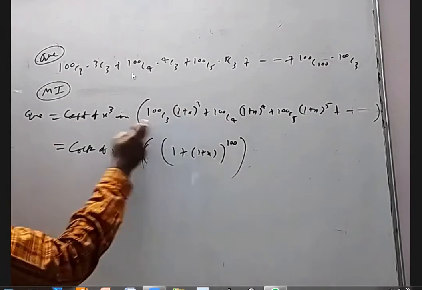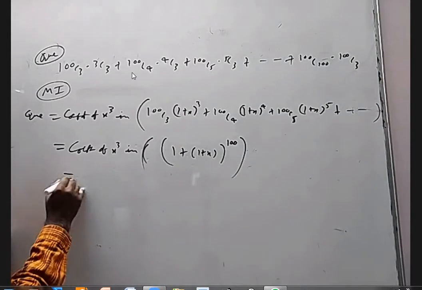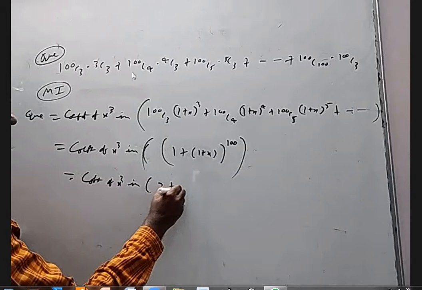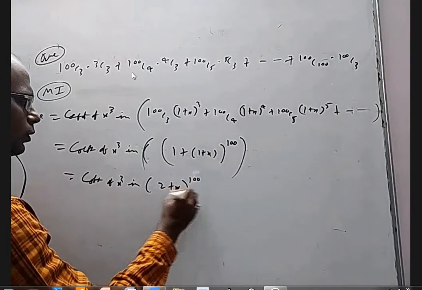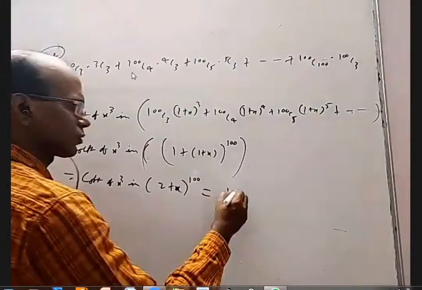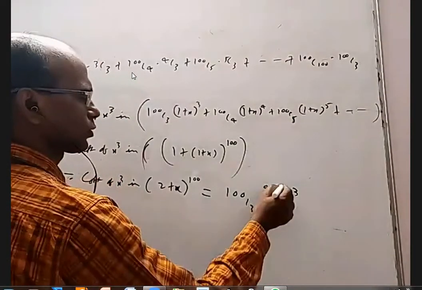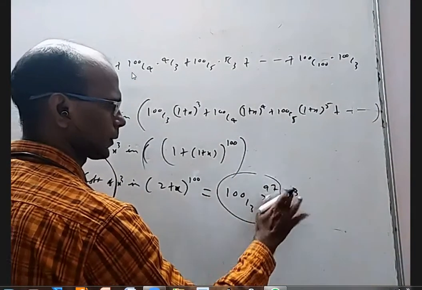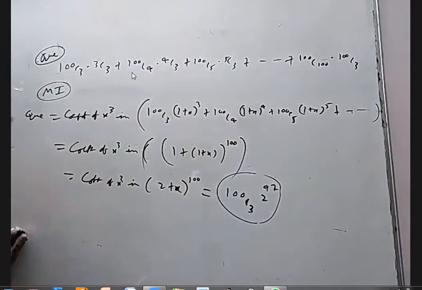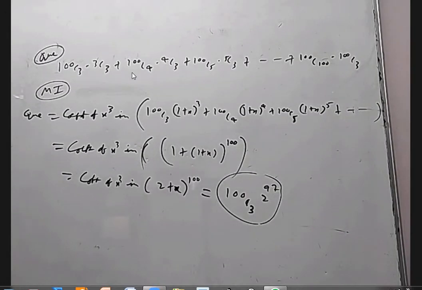So this whole thing with the previous terms is equal to this. Or if I add and subtract also, that won't affect. So that is the coefficient of x cube in (2 plus x) whole power 100. So in (2 plus x) whole power 100, what is the x cube coefficient? If you want x cube here, you want 2 power 97 here. So 100 C3, 2 power 97 x cube. So the coefficient will be only this. So that is the answer: 100 C3, 2 power 97. Is it all right?